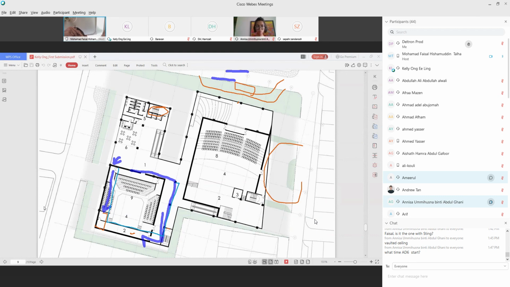Now it cannot have access because of the staircase there. If you put it all together like you put it here, it will block the access to the backstage.